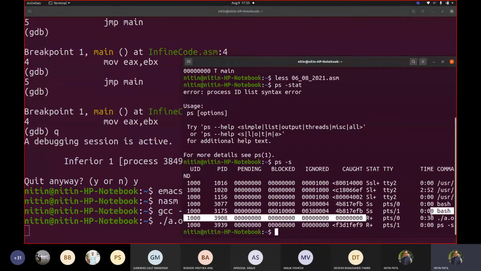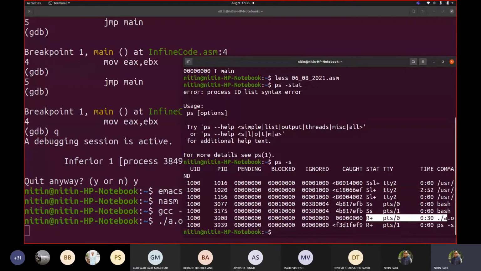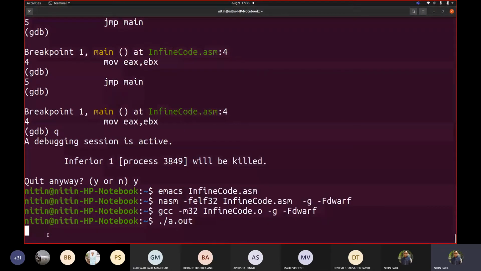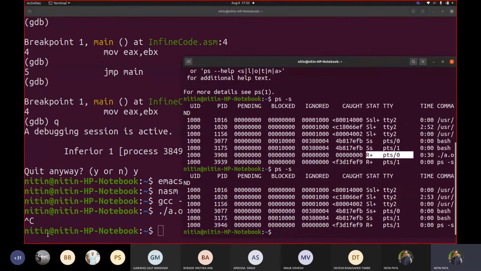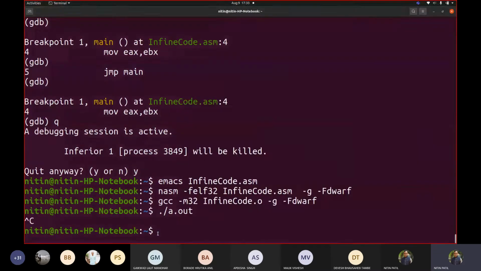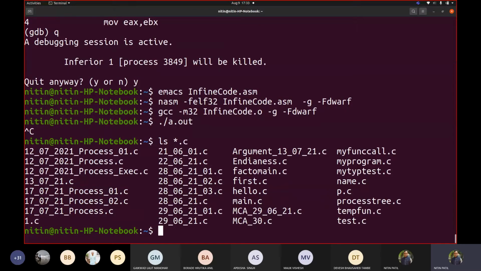It is running. This is the state that we are seeing, R+. Correct. So if I press Control C, then it came out of the code, and that a.out is removed ultimately. And when it is waiting for some input, suppose I write code which is waiting for an input, let us see if I can show you star.c.